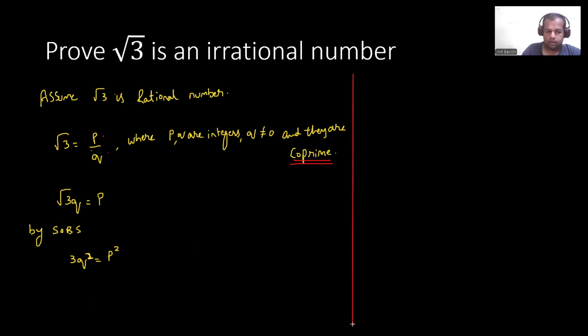I'll tell you the logic over here. The logic here is, let's say you're multiplying the number 3 with some other number and you're getting an answer. For example, we'll take 3 into 16. What will 3 into 16 be? 3 sixteens are 48. Here clearly you can see that 48 is divisible by 3, right? So that's what the point will be over here. In this case, we'll do the same thing: because 3 times a number is some number, you can say that p square is divisible by